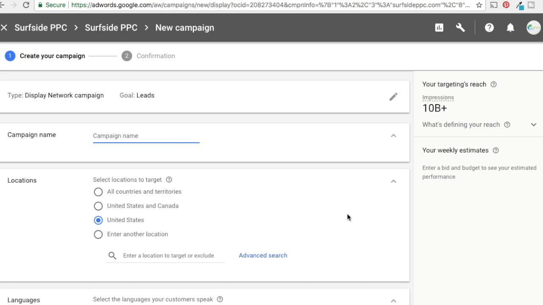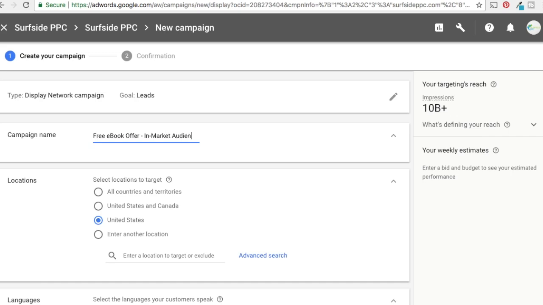So now we're going to enter our campaign name, and we're going to go through everything that you need to keep in mind as you're building your display campaigns. So our campaign name is going to be free ebook offer. Since that's basically what we're offering, free ebook offer is going to be the name of our campaign. And then for our first campaign, we're going to be targeting intent in market audiences. So I'm just going to do in market